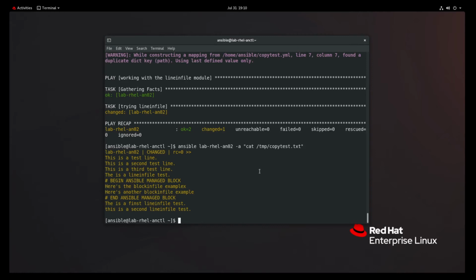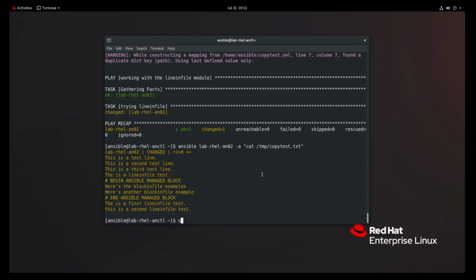But if you're working with things like configuration files and such, where you might actually want to replace the whole thing with what you want versus just altering some lines or altering a block of text in a file, then that would be the best way to go, using templates. But this is specifically just about content of the file, so that's why I'm restricting it to these couple of modules. The thing I wanted to work with, though, was